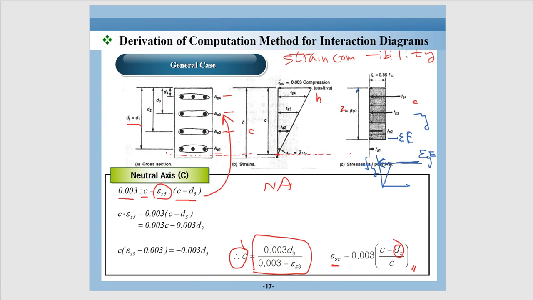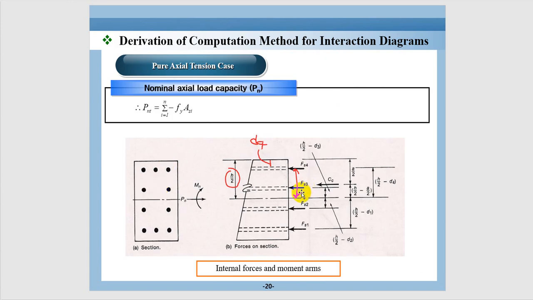If you go here, this is d4 for the fourth layer, d3 for the third layer, d2 for the second layer, d1 for the first layer. Very systematic, isn't it? And you multiply, so Fs4 times d4 will give you the moment contributed by Fs4. Similarly, you can do this: Fs3 is multiplied by the distance here, which is calculated by subtracting h/2 minus